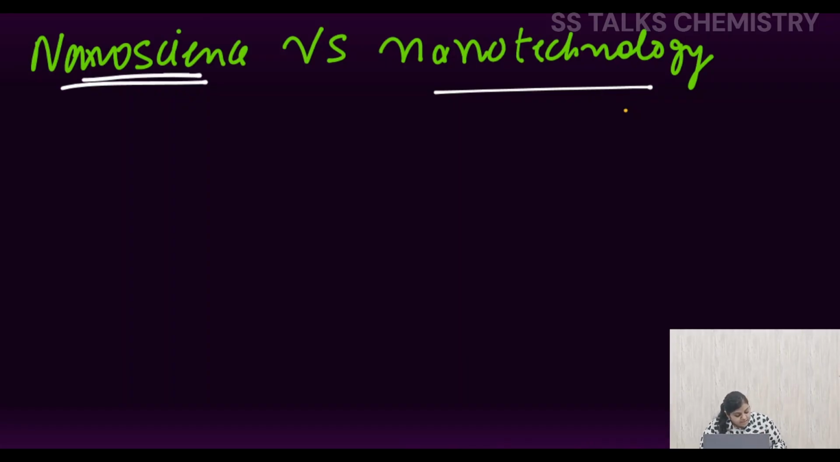Nanoscience basically refers to the branch of science in which we study these nanoparticles and their properties. That branch falls in the category of nanoscience. Whereas nanotechnology refers to the branch in which we study the application of these nanoparticles that we have produced. So nanoscience basically refers to the branch in which we